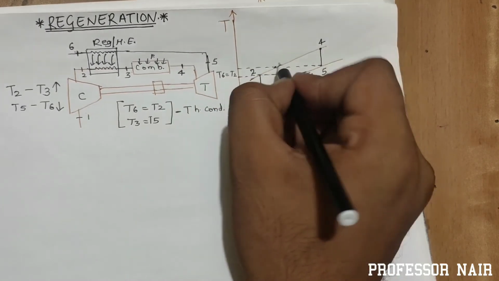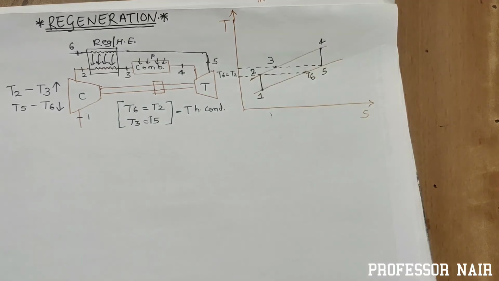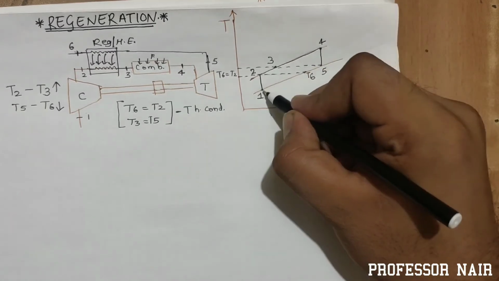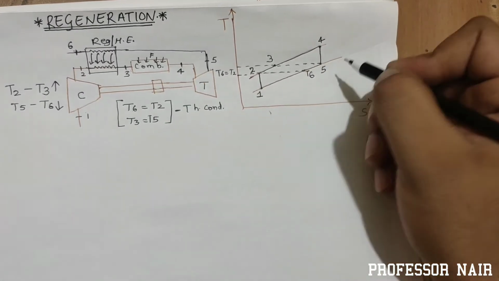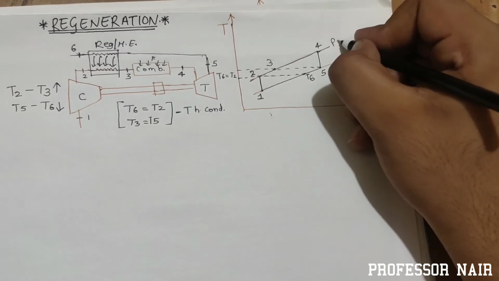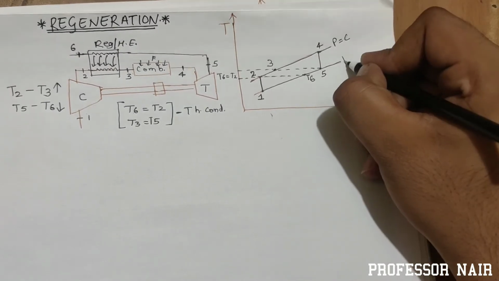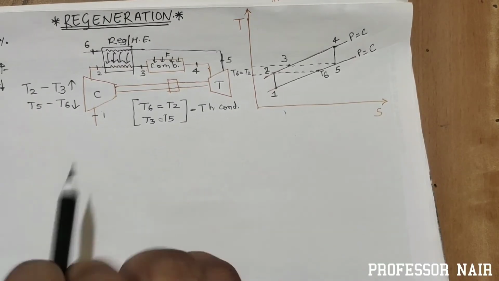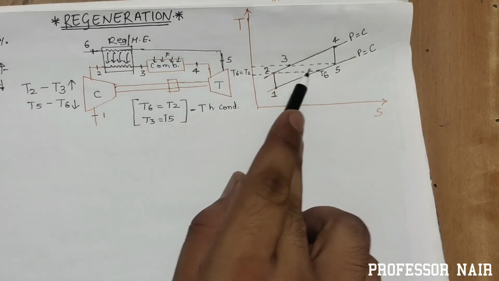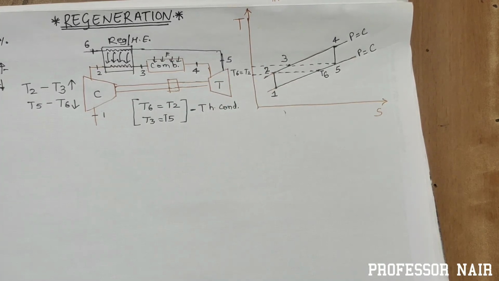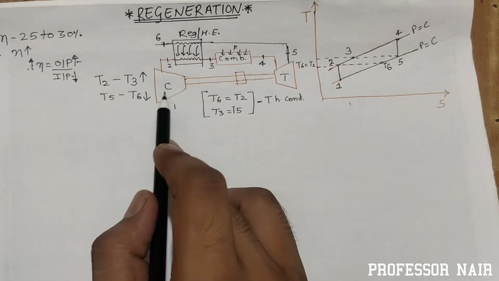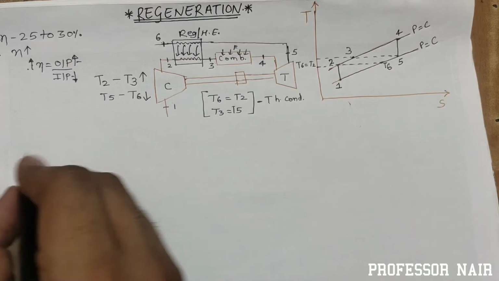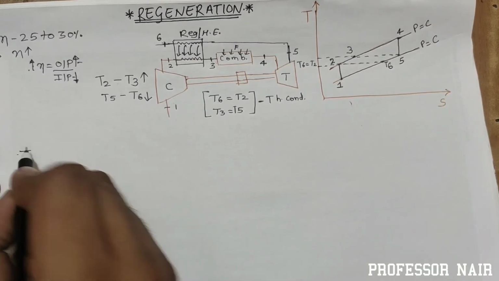So this point here would become your 3 point. Okay students, so this is your TS diagram for ideal regeneration process where P remains constant. So this is the TS diagram for ideal regeneration, the total process and plotting of the TS diagram. As we all know, this is the work of compressor and the work of turbine. And the efficiency formula, so I will derive the equation now.